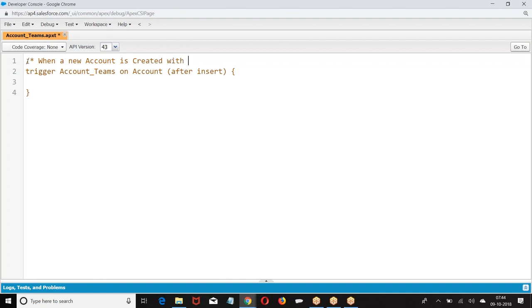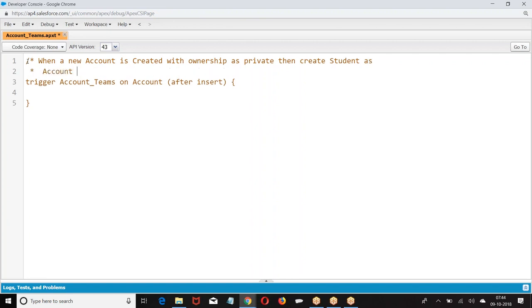With ownership as private, what should we do? Enable account teams. How do you enable the account teams?